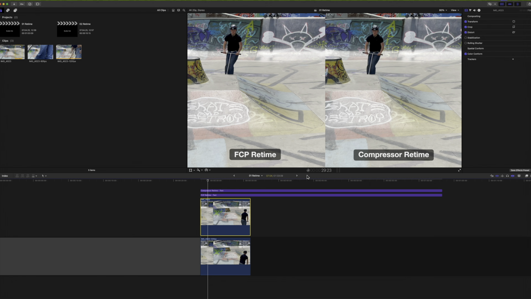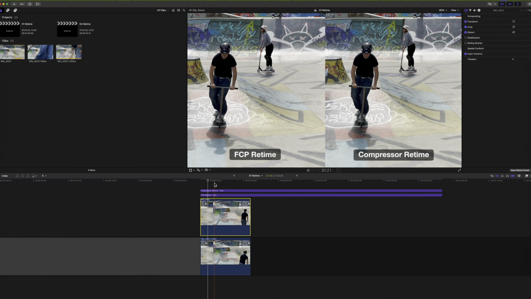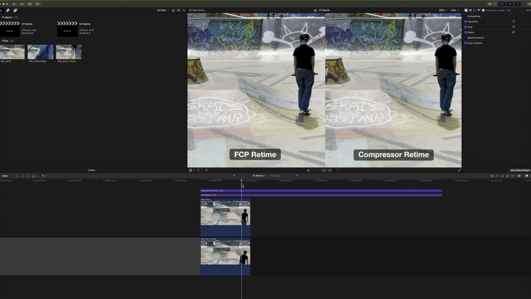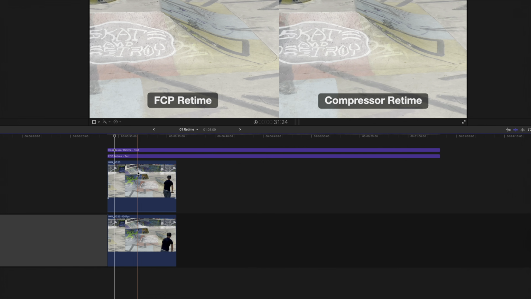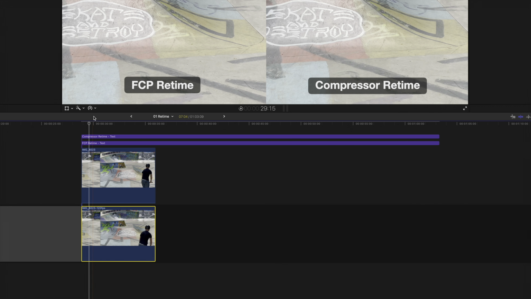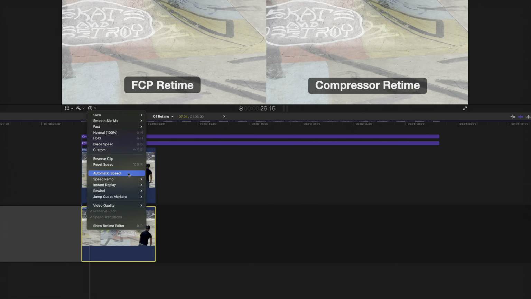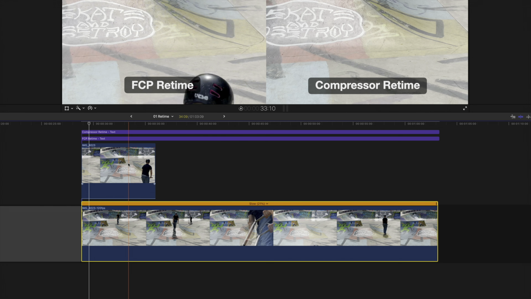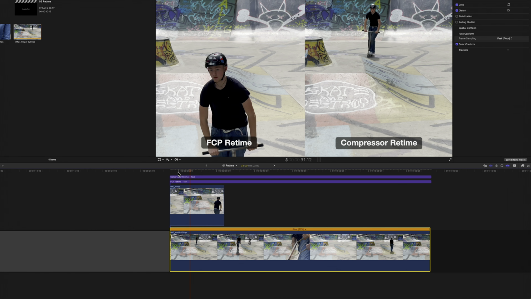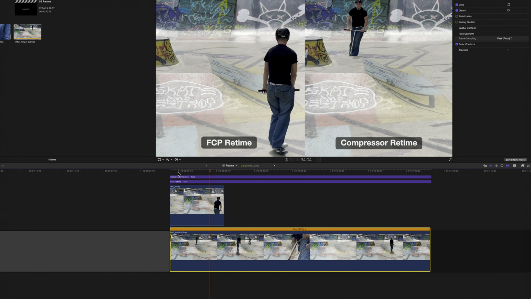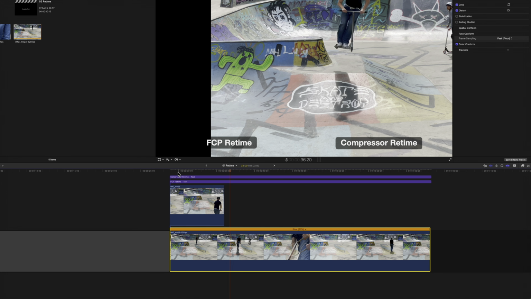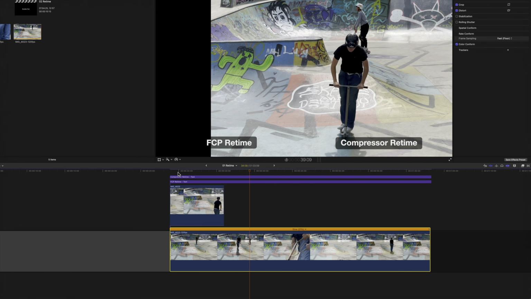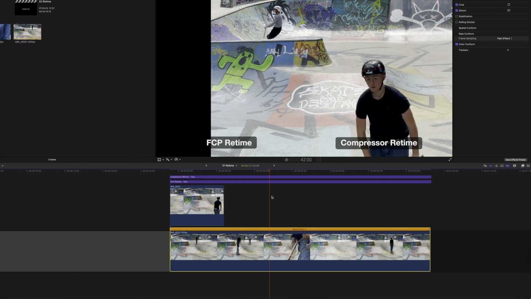As far as the rendering quality is concerned, I was unable to see a significant difference between doing it with Compressor or directly in Final Cut Pro. Here I have a clip in its original 25 frames per second next to its 120 frames per second render from Compressor. Selecting the 120 frame per second clip, going into the retime menu under the viewer and selecting automatic speed, slows it down to 21% to match the 25 frames per second of the project. Playing it back, we can see I don't need an analysis or even need to render to get a nice smooth slow-mo.